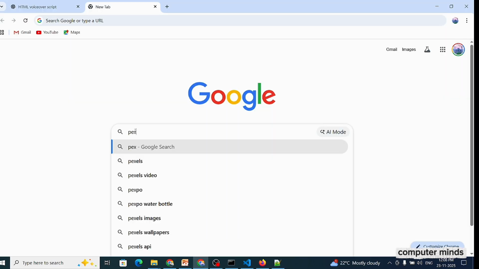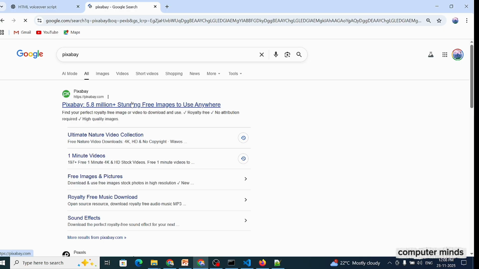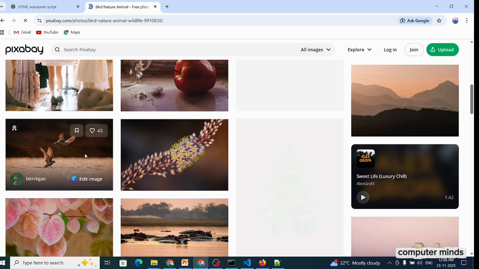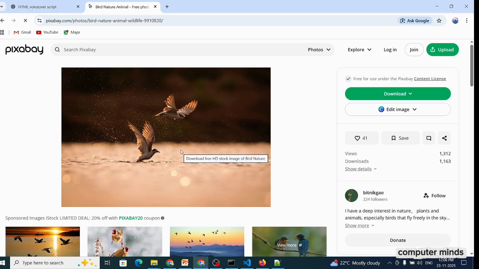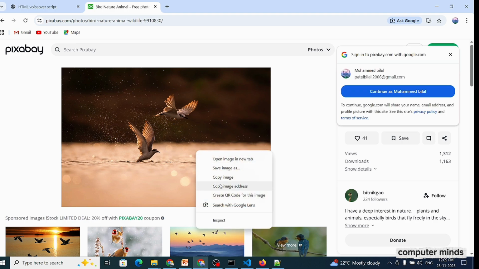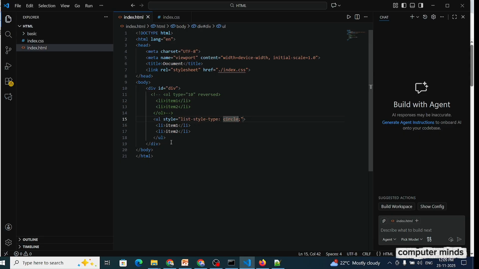Go to Google and search Pixabay. If you want any image, click it, right click and copy image address, and go to VS Code and enter img and paste the link.